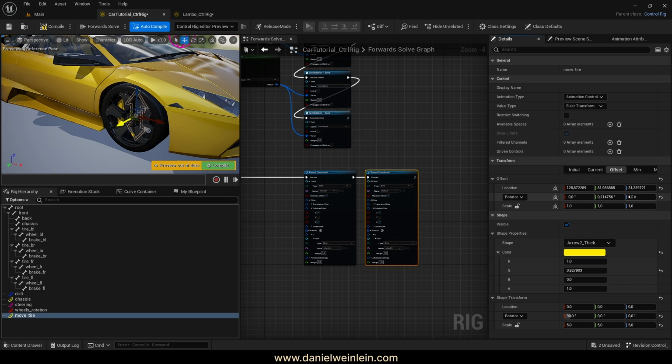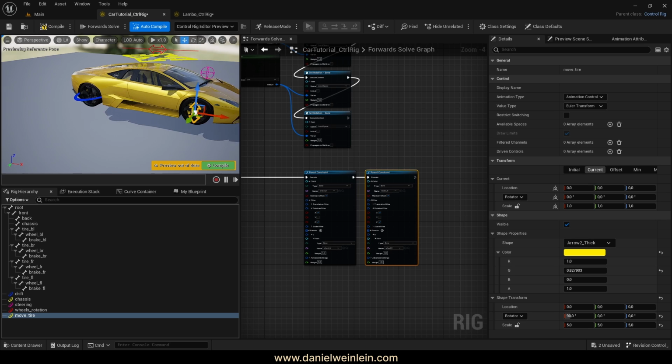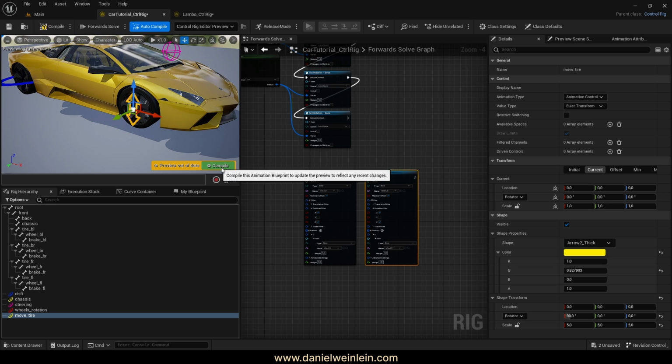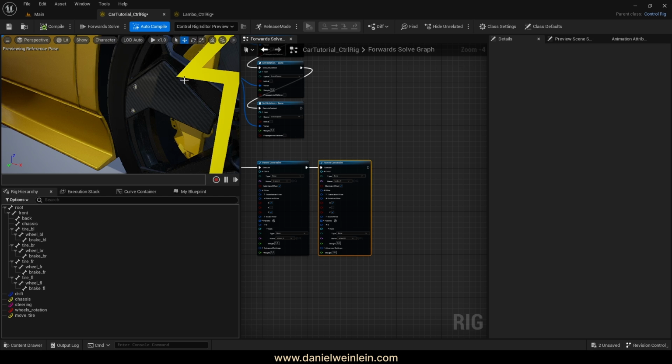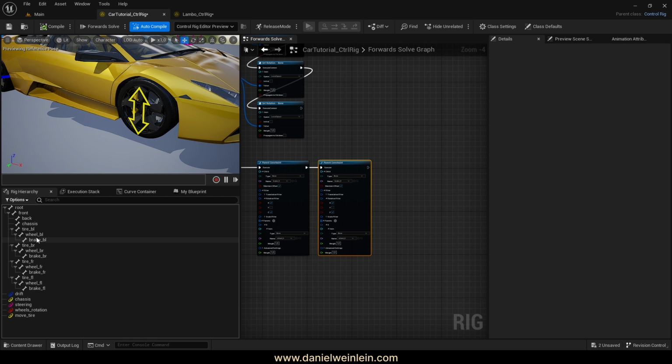And we give it a nice offset in the y direction, maybe 100, maybe something like that. That's nice. Wonderful. Let's recompile it, and then we simply need to parent the whole tire bone to the control,